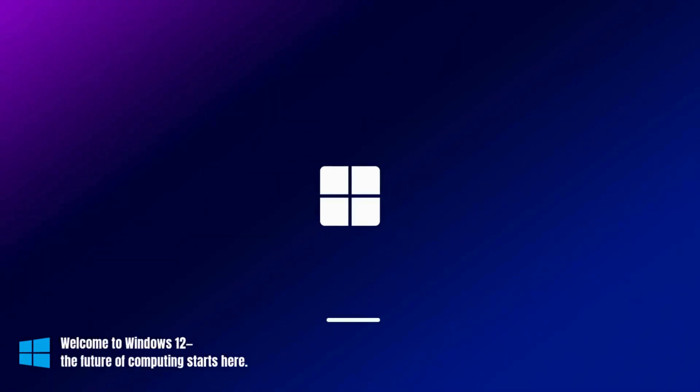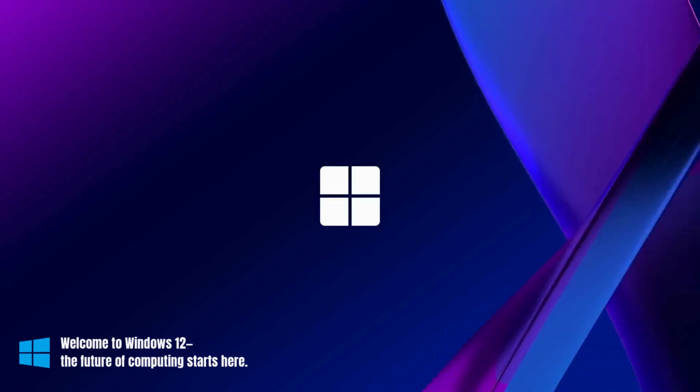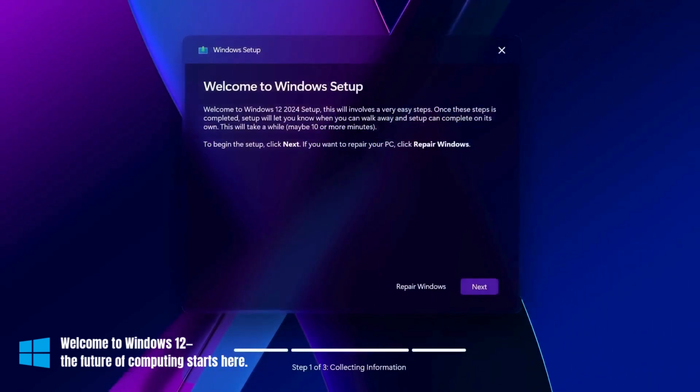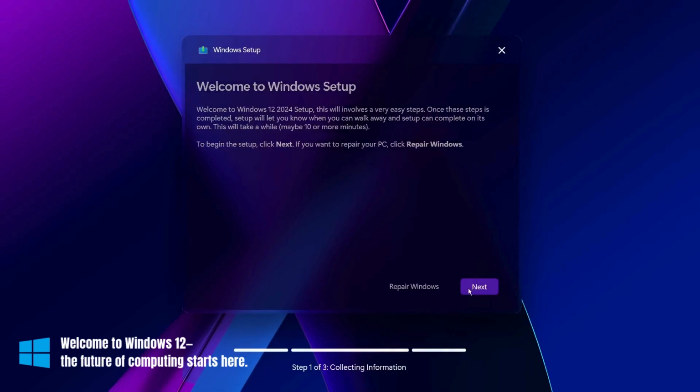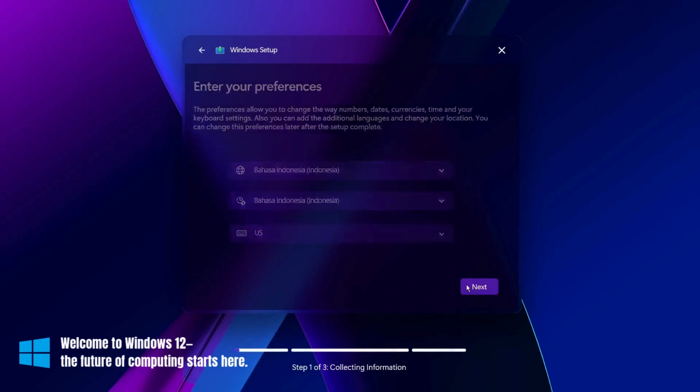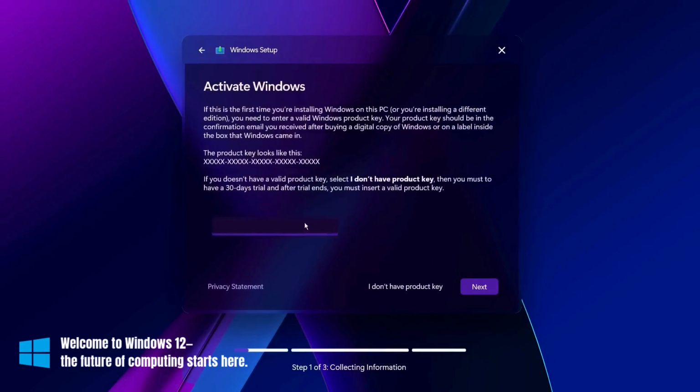Welcome to the future of Windows. Introducing Windows 12, the most advanced, user-friendly operating system yet. It's packed with exciting new features, smarter AI integration, and a sleek design to make everything you do faster and